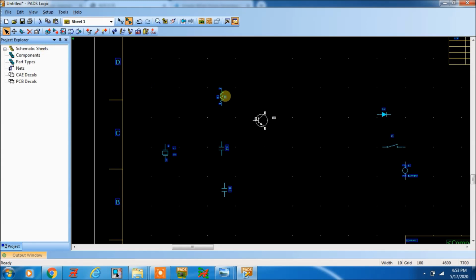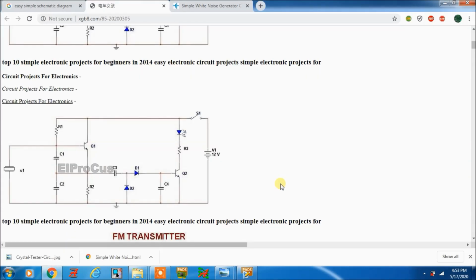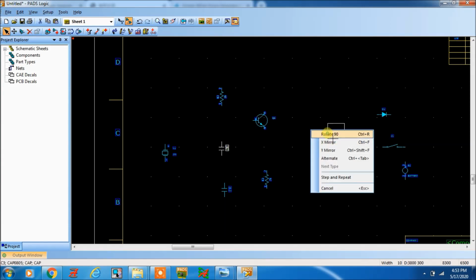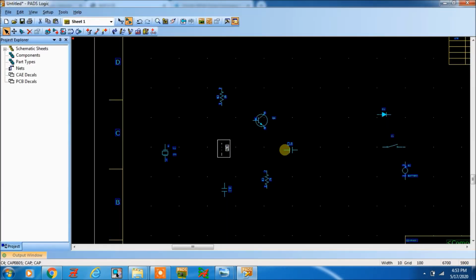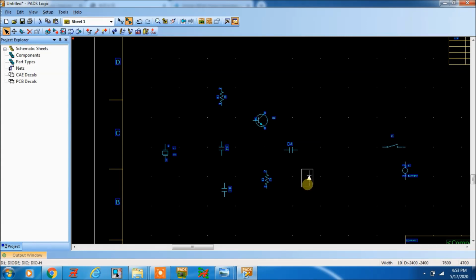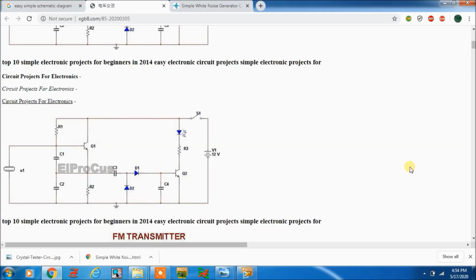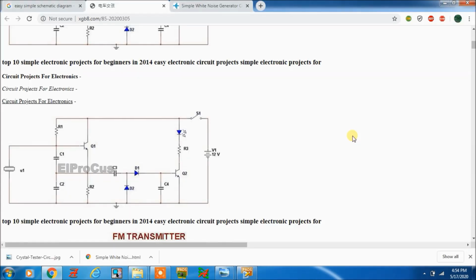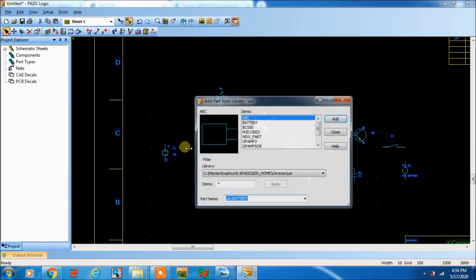And need to take LED and go to add part.